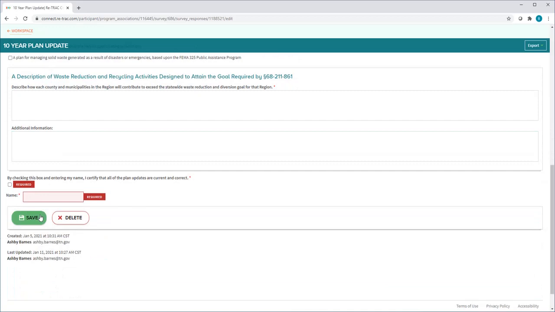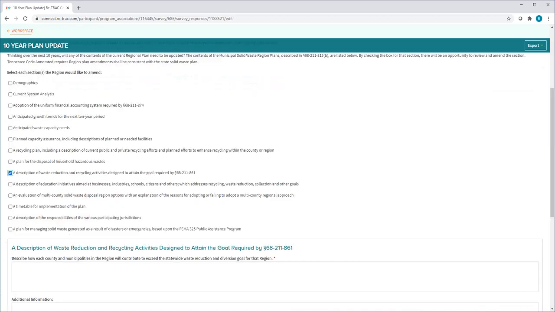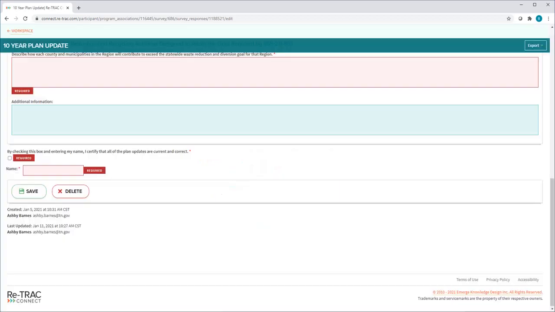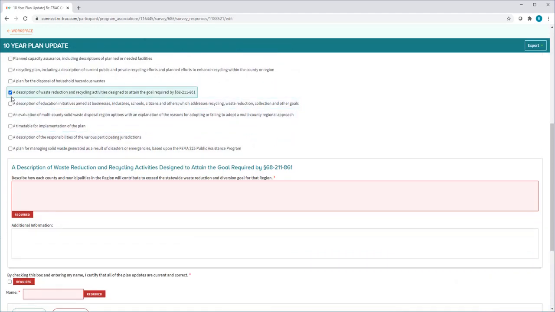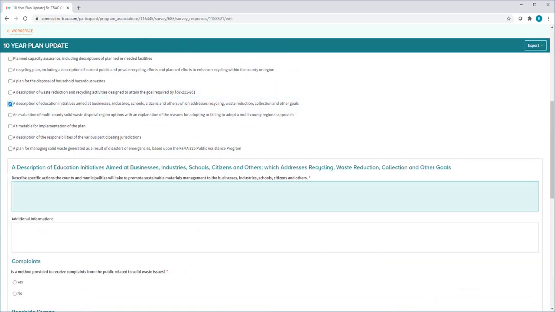Once we have all of that information, please hit save as draft, just as you have. And I'll unclick out of that box, and then we'll go to a description of education initiatives aimed at businesses, industries, schools, citizens, and others, which address recycling, waste reduction, collection, and other goals. So describe specific actions that the county and municipalities will take to promote sustainable materials management to business, industries, schools,